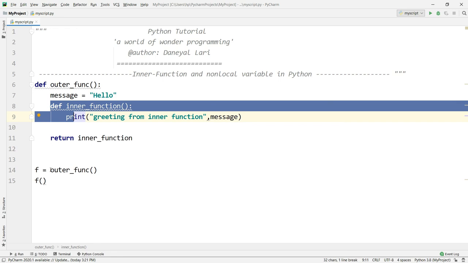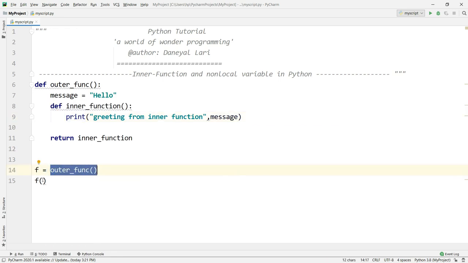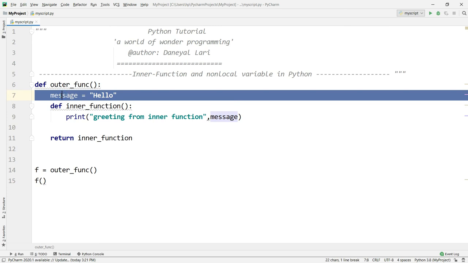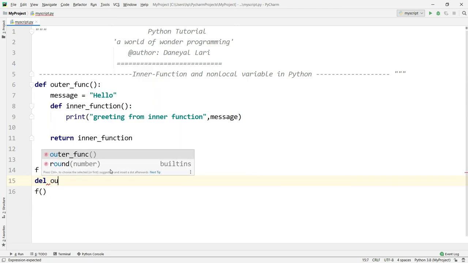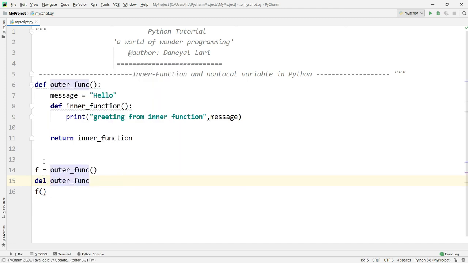So the outer function has finished here. Now I am calling the inner function from this scope, so we are getting the value of this message even though the outer function has finished. If I write one more statement, del outer function, now I'm trying to clear this closure one more time very quickly. Just look here, I'm going to delete this function, and after that, if I call this outer function,